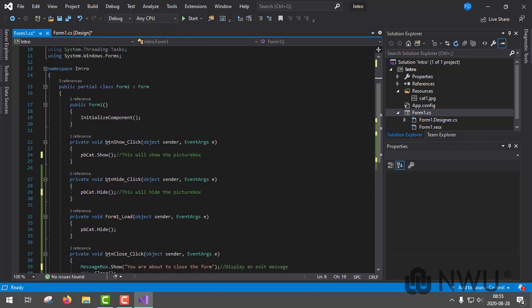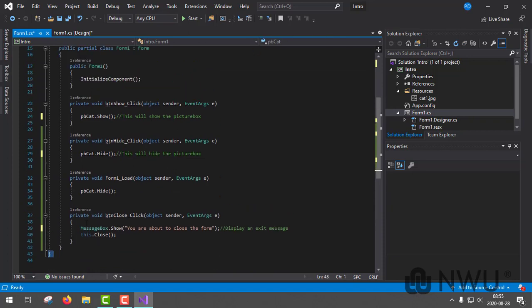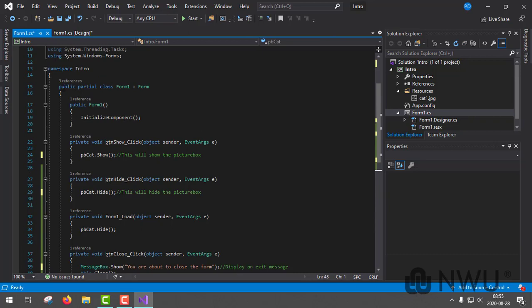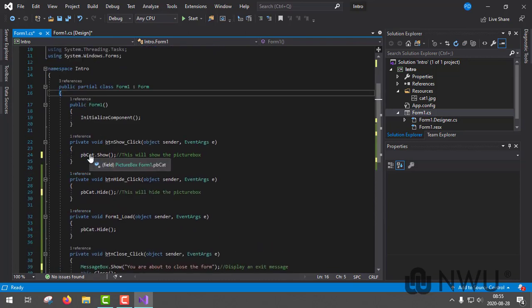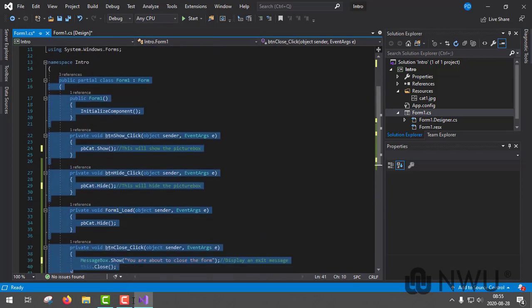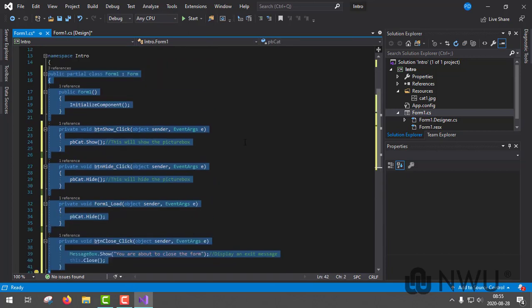You can see the namespace intro has an opening bracket, and if you follow the stippled lines, you will go to the end of the bracket. So it encapsulates all of that in the first two brackets. And you can see the class Form1 also has an opening and an ending bracket, and the rest of the methods too. Now, it automatically indented for you, but if there were no indentation,